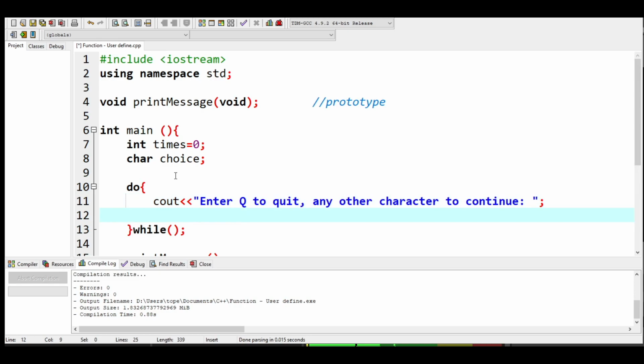Okay, then next cin, we have here the choice,